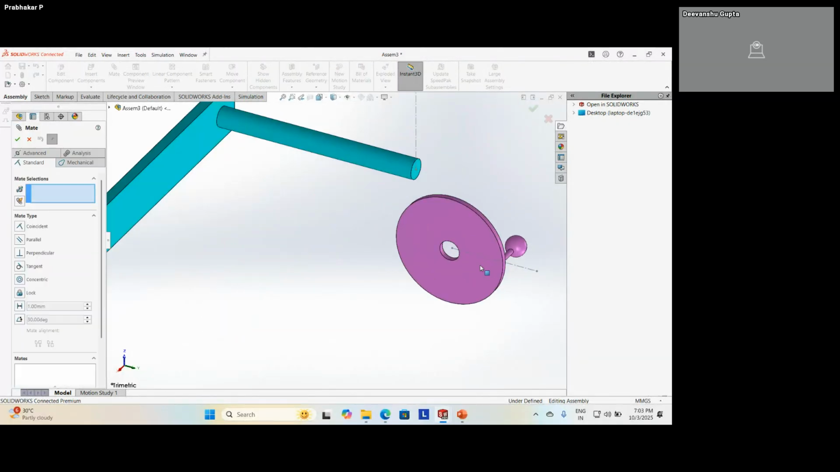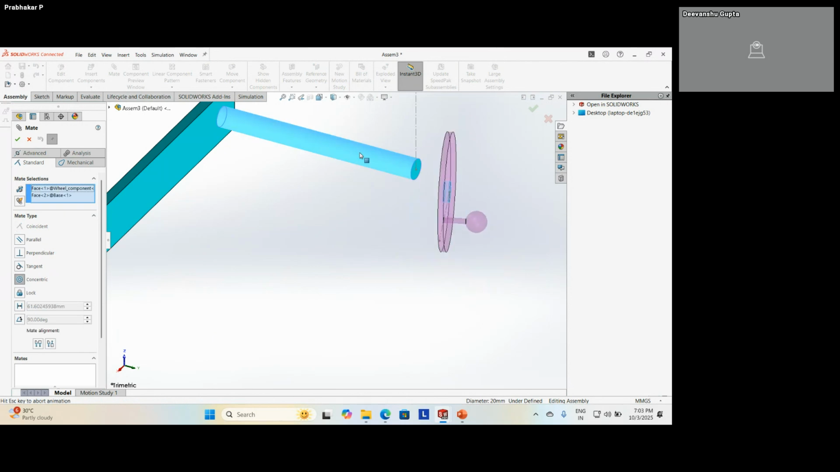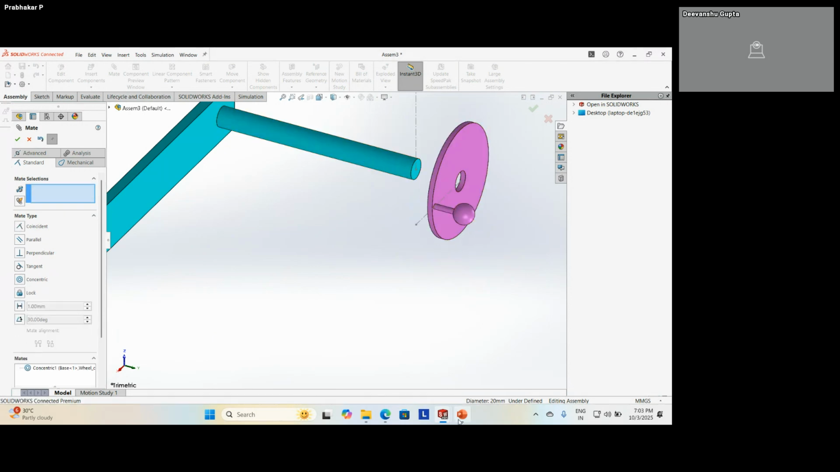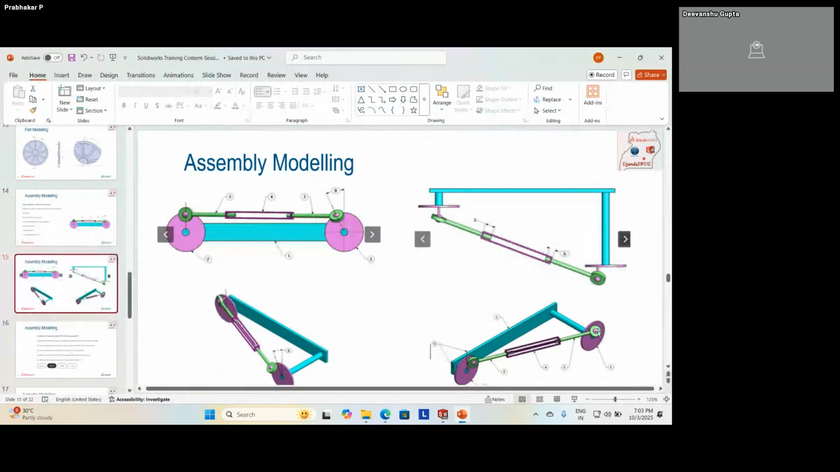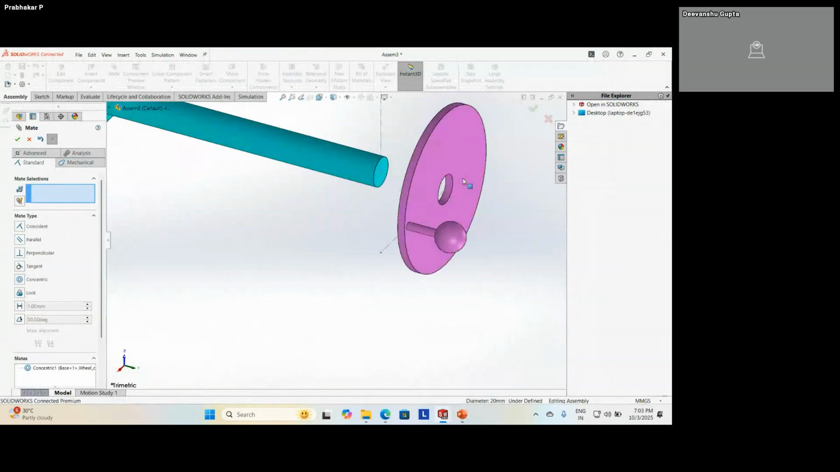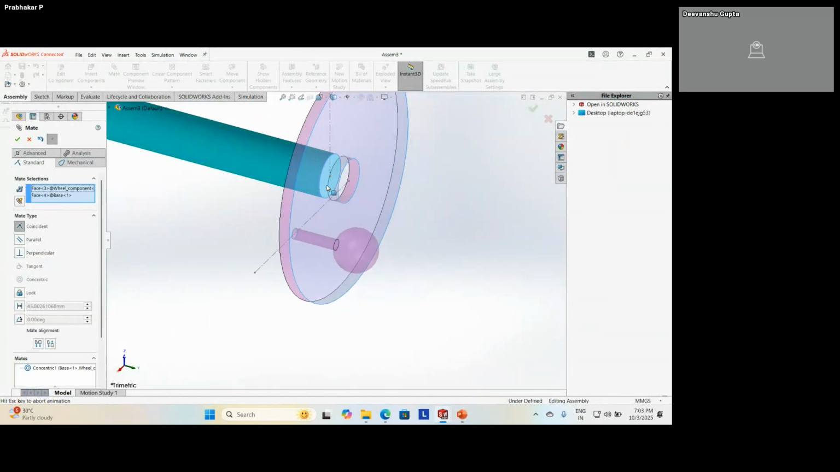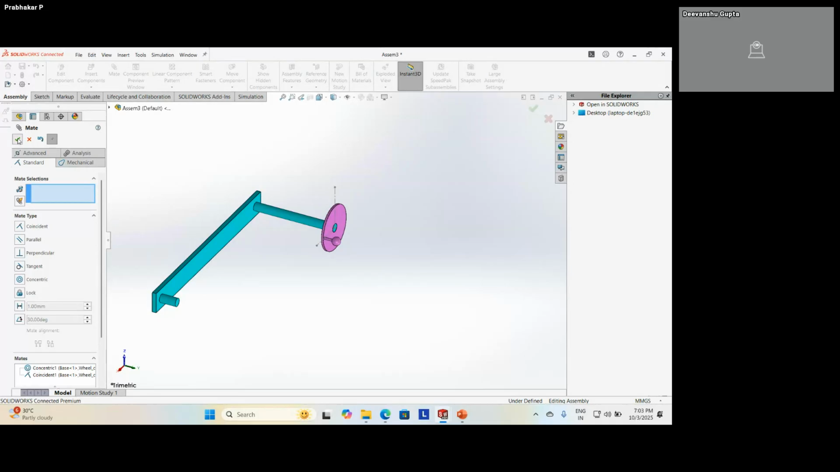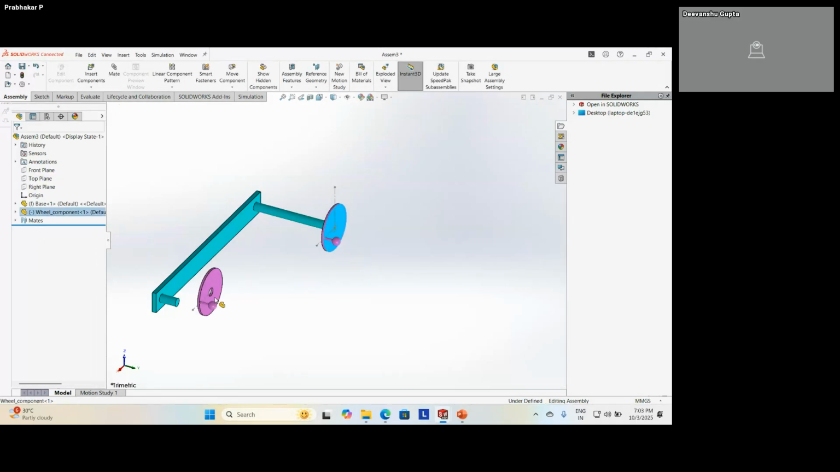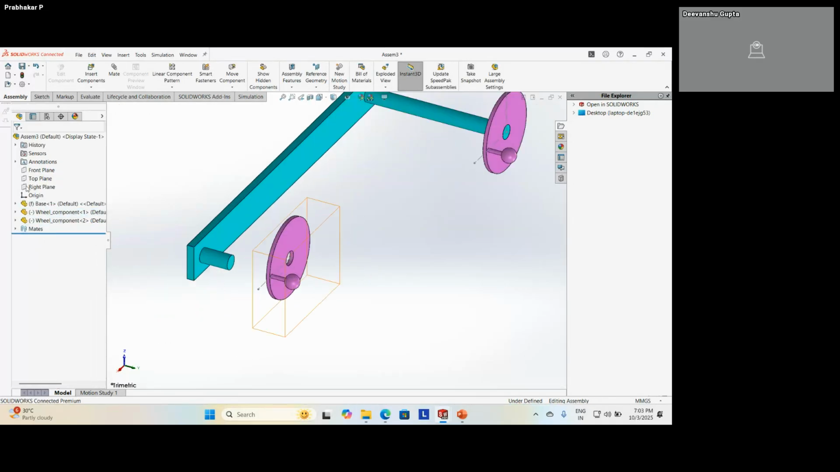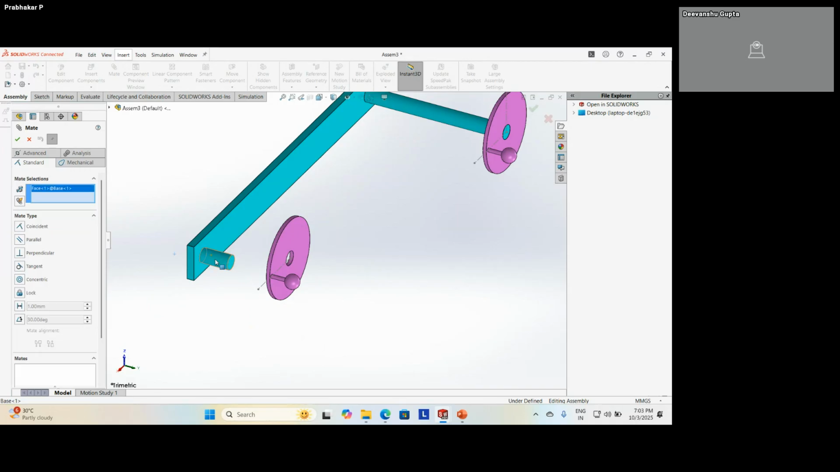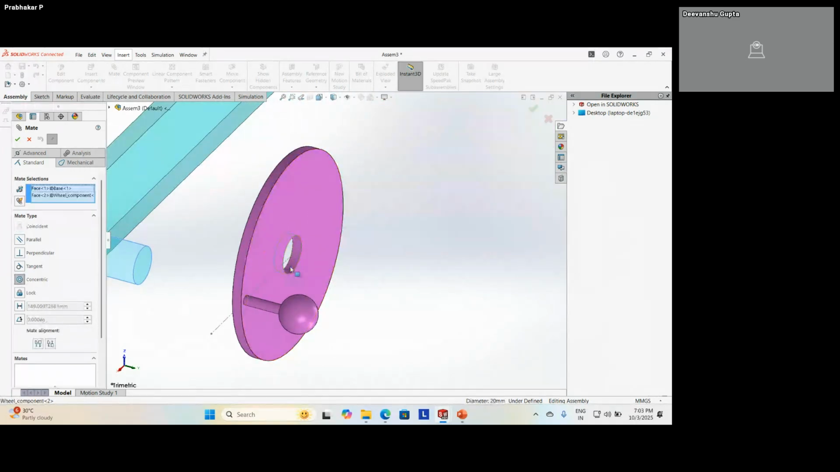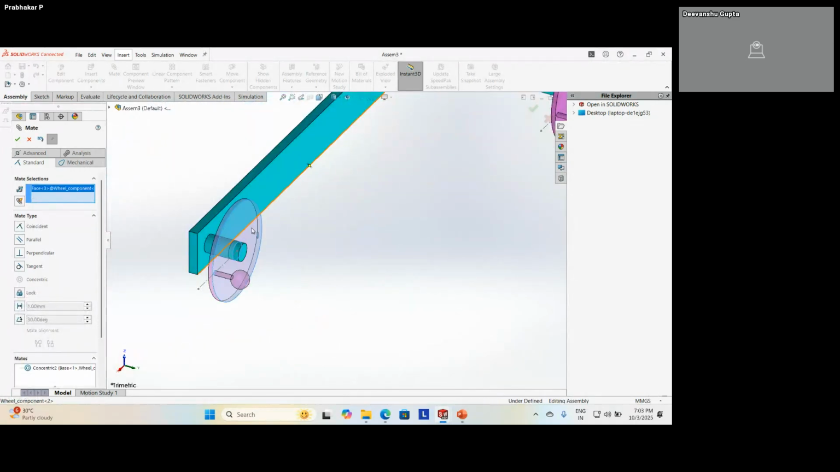Go to mate. First I make it concentric. This projection is outward. If you see the isometric model, this projection is outward, like I made. Then these faces are flush. Okay. Then for duplicating this, I hold control and follow the same thing. Okay. I give,